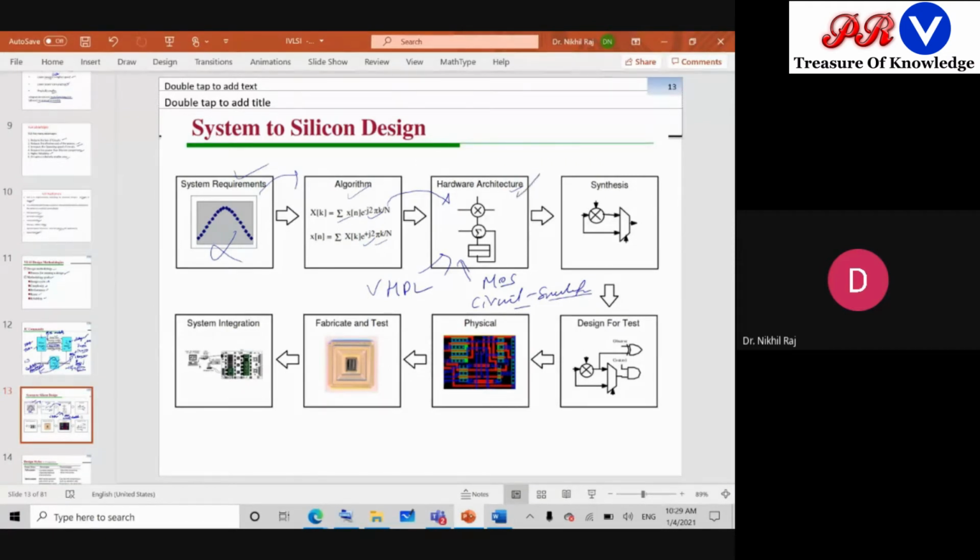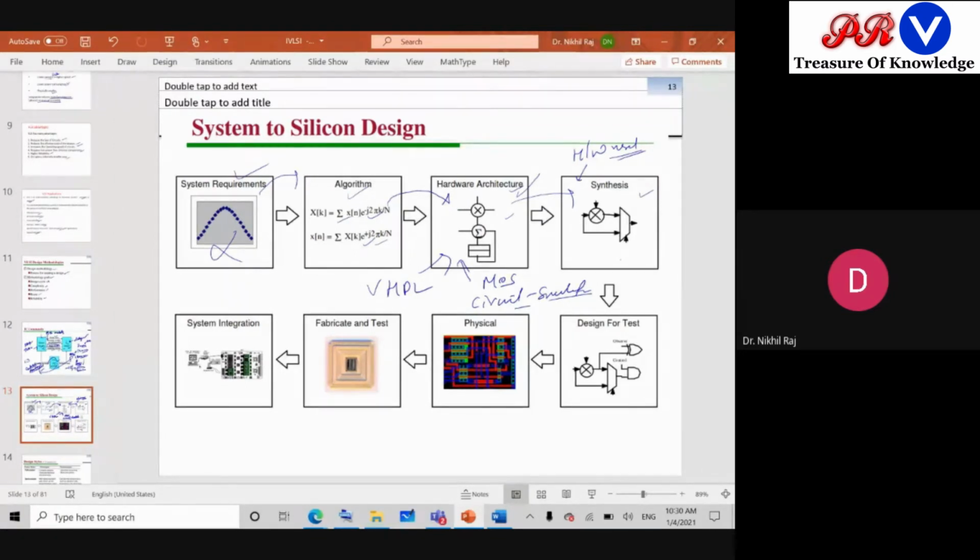Once the hardware part is completed and it matches the algorithm that was designed, then we go for synthesis. So why do we do synthesis? The synthesis will give you how many hardware components you have actually used. This we have designed, and then the synthesis will give you, in real time, what components you have used and whether these are feasible in real time or not.